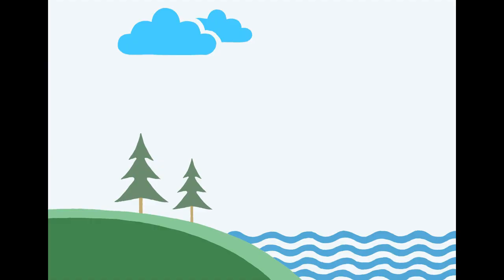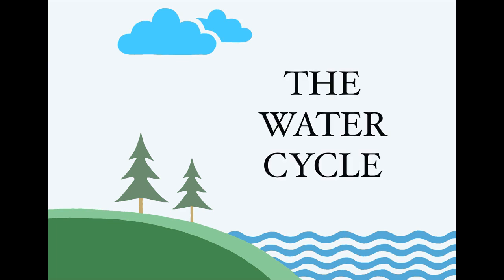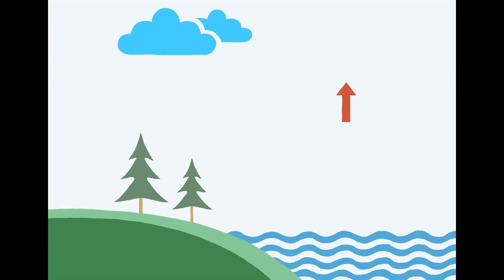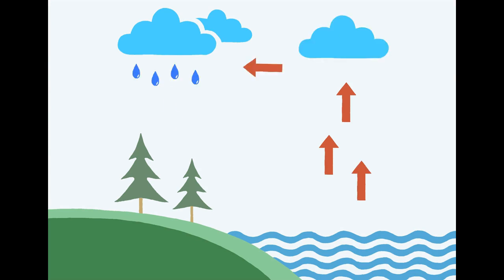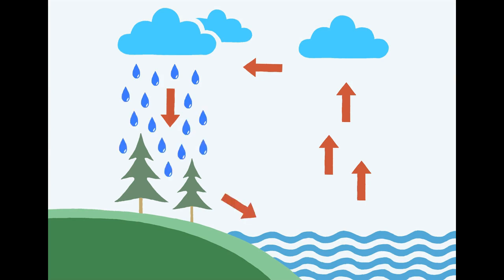There is a process or cycle in our ecosystem called the water cycle. We'll talk about it more in detail during another video. But to easily sum it up, the water cycle recycles the water in our ecosystem for us to continue using. This means that we will never run out because we are constantly reusing the same exact water.